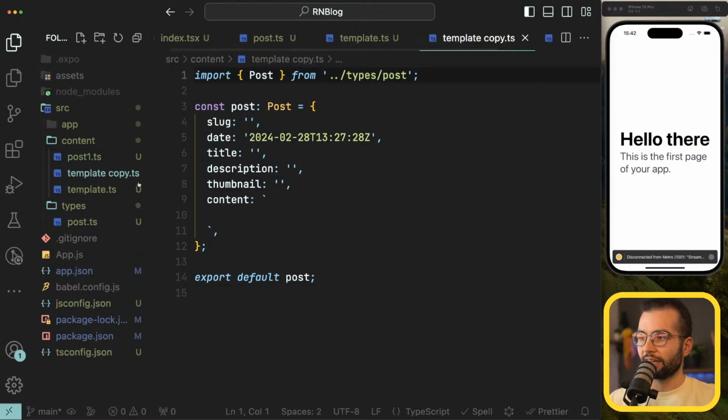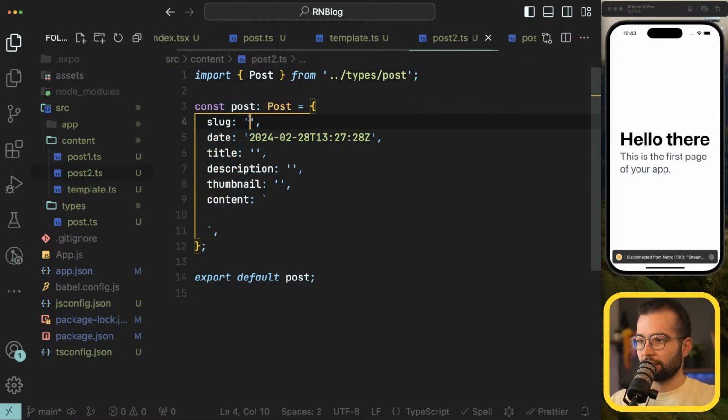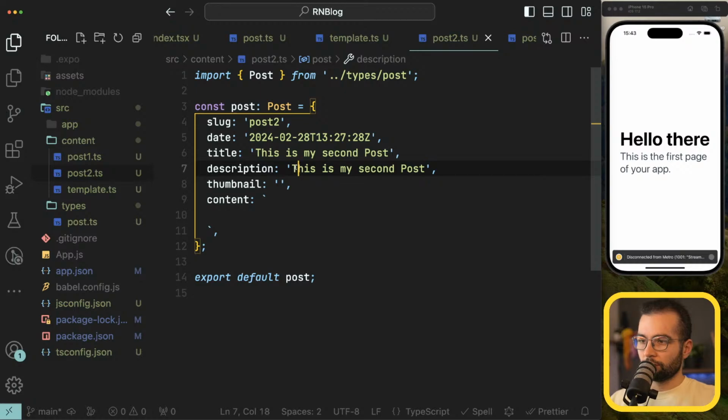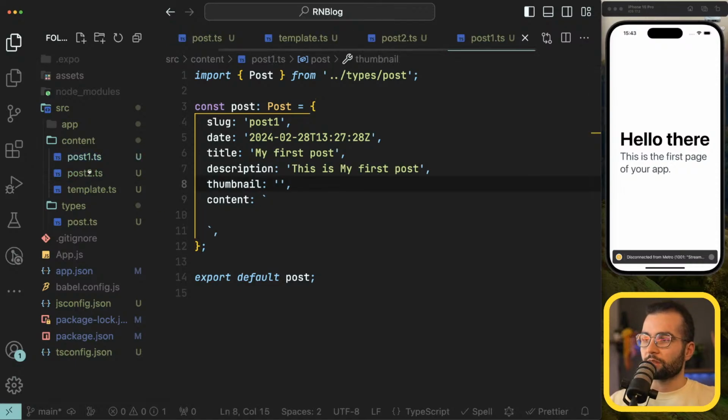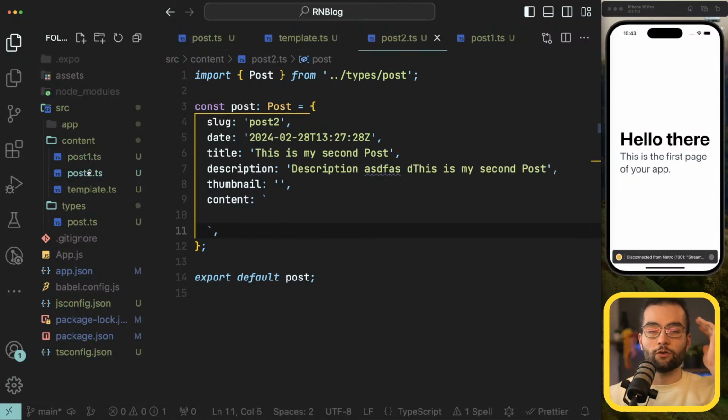And let's go ahead and duplicate the template once again for post 2.tsx. And let's give it a slug post 2, title, this is my second post. And for the description as well, description, and so on. Okay, so now we have data or information. At the moment, it doesn't have content, but it has metadata, information